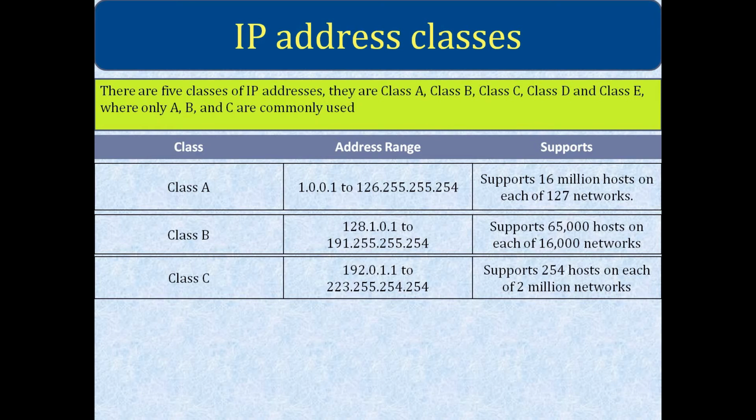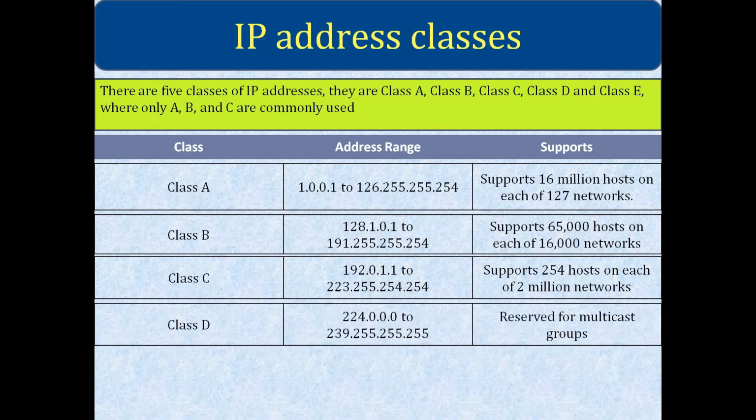And class A is called the 1 series. It means these are the private IPs which are assigned for private organizations. They can perform their networking activities in their organization using these IPs. So next we are going to see class D, which belongs to